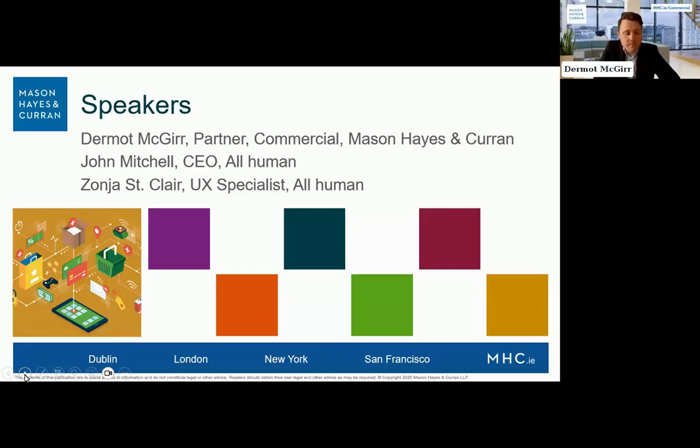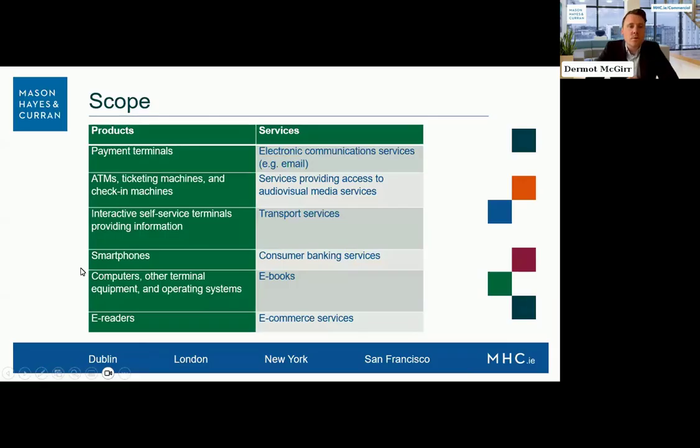Great, thanks, guys. So I suppose one of the key advantages of being a private practice lawyer like me is that we get to advise a range of clients across a range of sectors. And what that means in an EAA context is that we get to advise the full scope of in-scope businesses. That means we get an appreciation of the sector-specific challenges, but it also means that we get to see the common themes and issues which emerge across all in-scope businesses. So that's what I want to talk about today: some of the common challenges and issues that I see in practice and how they are being approached and dealt with.